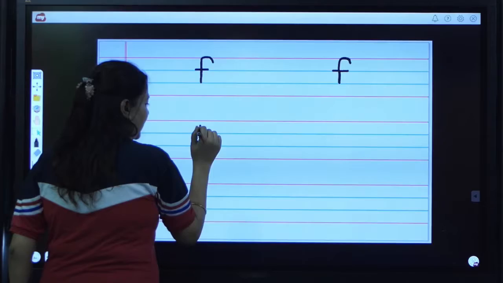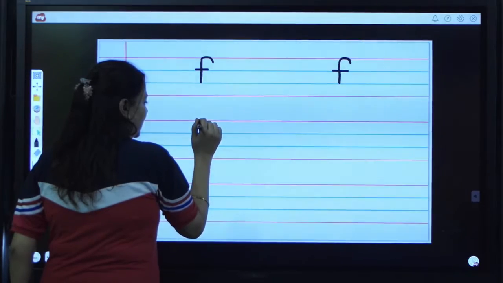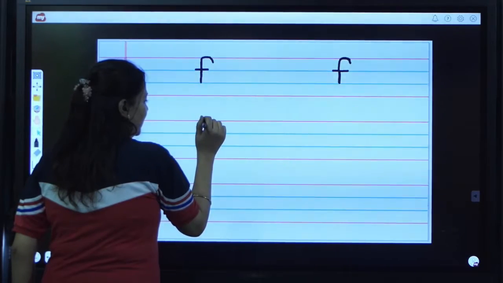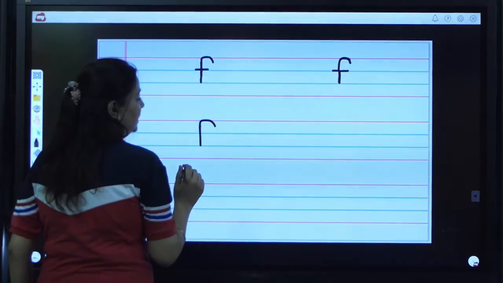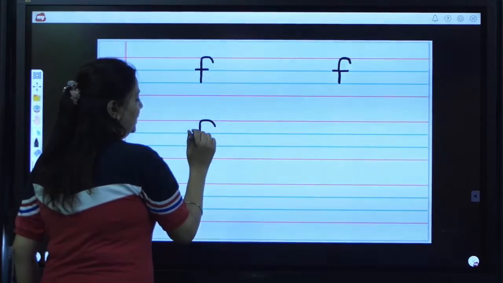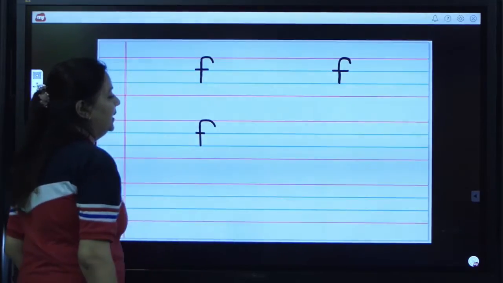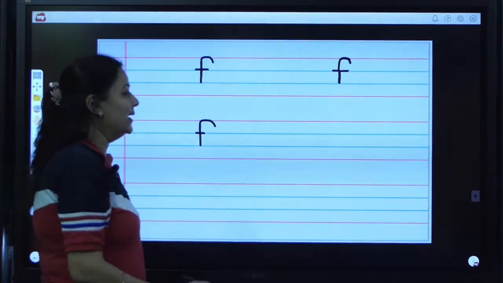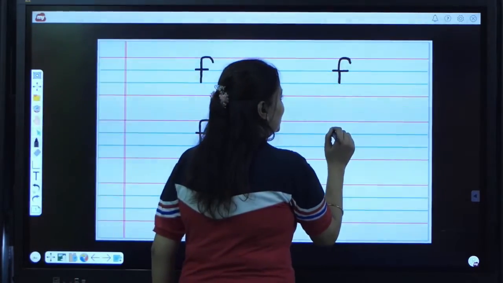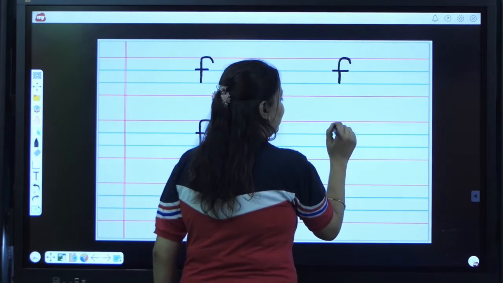Go up, up, up till top line. Now make a curve. Stop between the top and the middle line. Now draw a sleeping line. F. This is lowercase f. It is also known as small f.